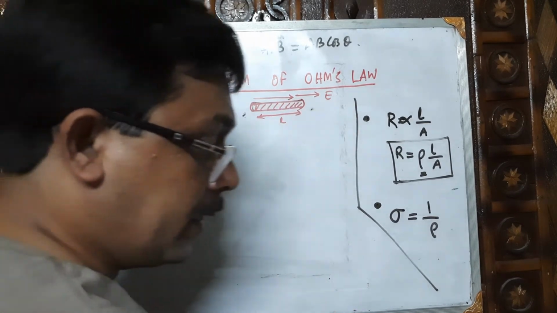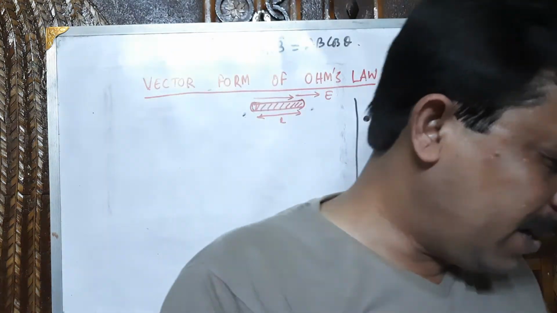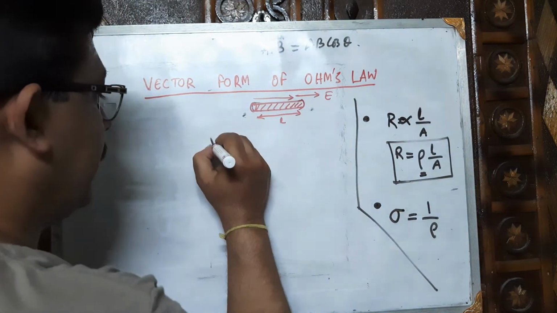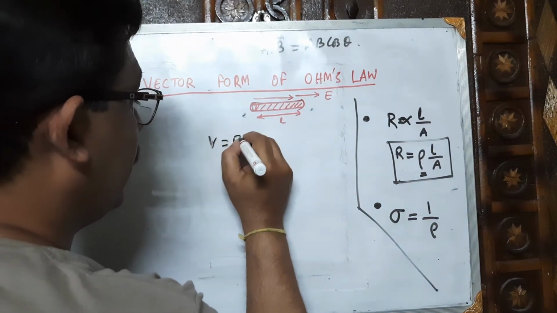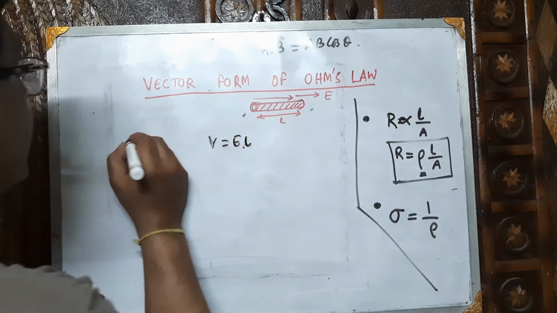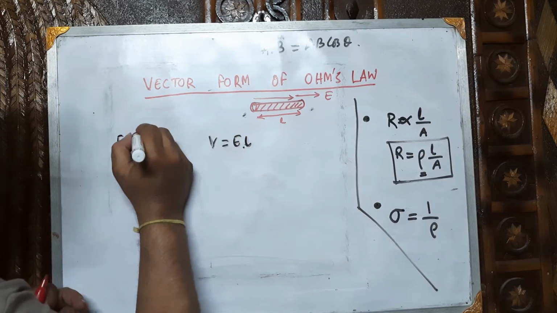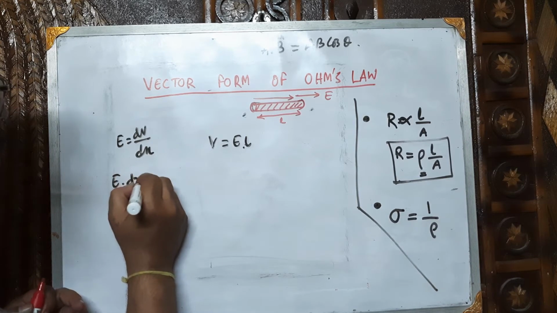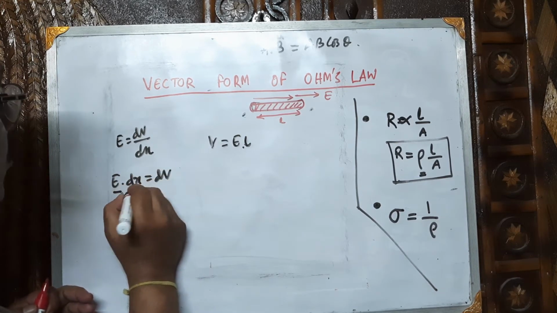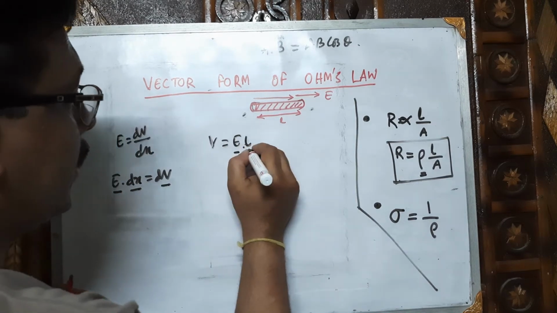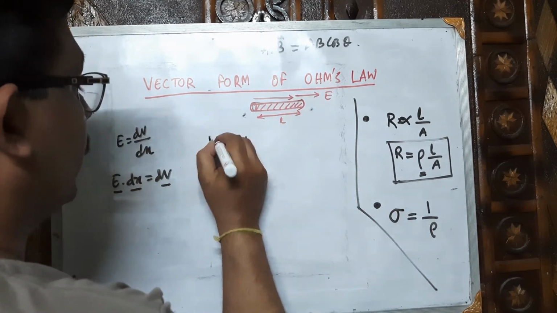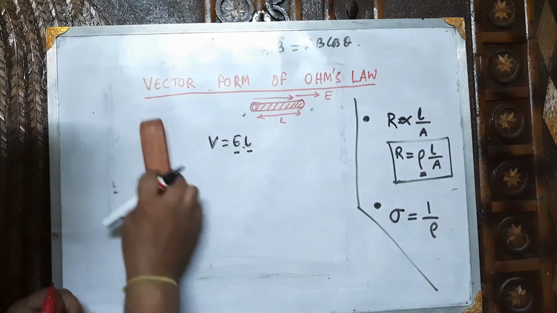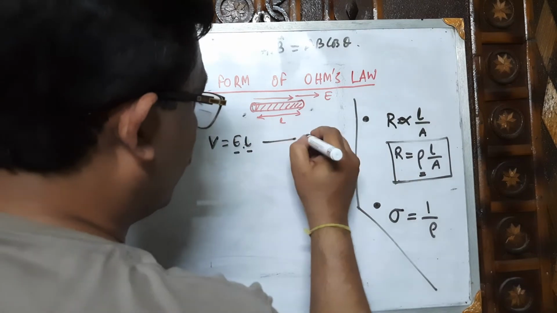If the voltage is V, then how is the electric field related to the voltage, can we have some idea? We know this one, that this V should be equal to E into L. Why? Just try to remember, E is equal to dV/dx. We got this relation in static electricity. That means E into distance is equal to the voltage. So electric field into distance, here L, is equal to voltage. So from that concept we can write this one: V equal to E dot L. So keep it as equation number 1.